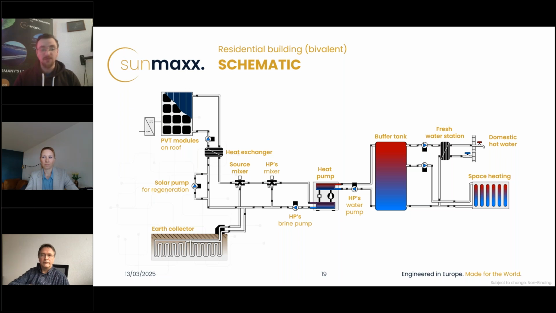Maybe in summer when our PVT modules reach a temperature that is too high for the heat pump, we can mix the fluids from the earth collector and cool it down for the heat pump. And we can even use the PVT modules to regenerate the earth collector.